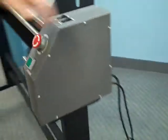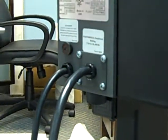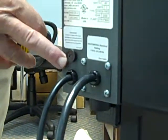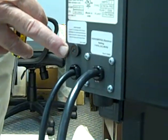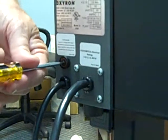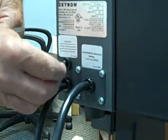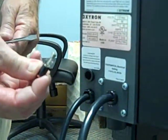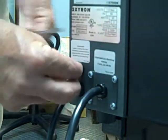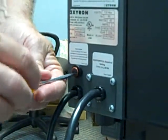And I want to show you another little place in the back here. This is the little 3 amp fuse I was talking about. This protects against power surge. So if you get a power surge and the machine doesn't light up, there's a little 3 amp fuse here. You get a screwdriver, turn it, it pops out, there's a little fuse in there. Replace the 3 amp fuse, put it back in, turn it clockwise,